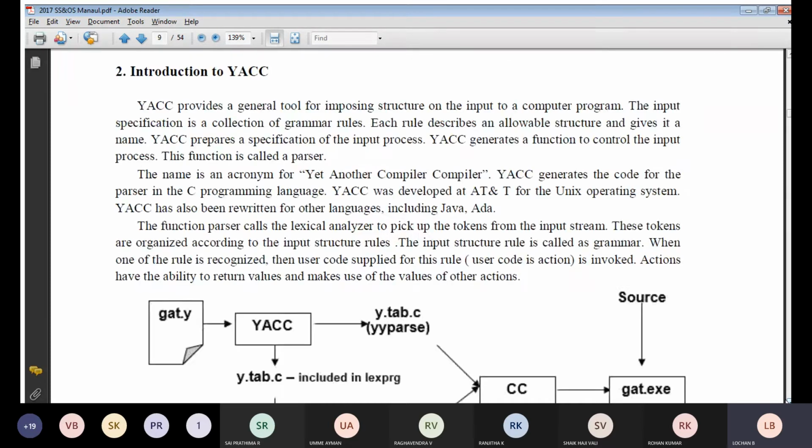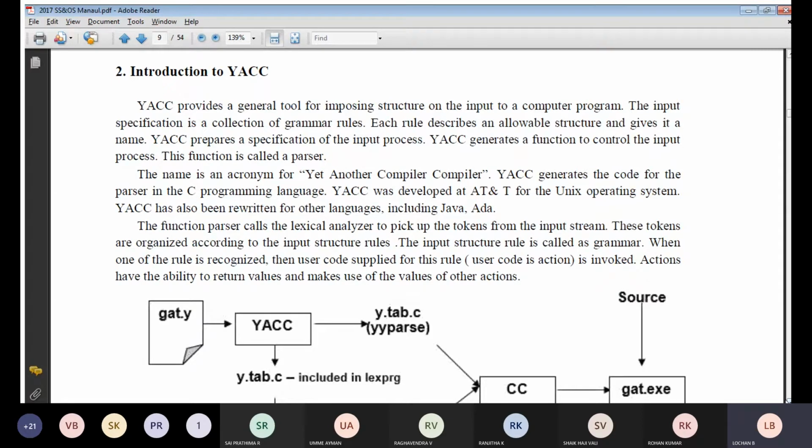So the next important thing we will be discussing is yacc. As usual, we have discussed what you mean by lex. In yesterday's class I told you what purpose of lex we are going to make use of here. Lex is nothing but one particular tool, that's all. So if anybody asks what you mean by lex, or what you mean by yacc, you can tell them it is just a tool.